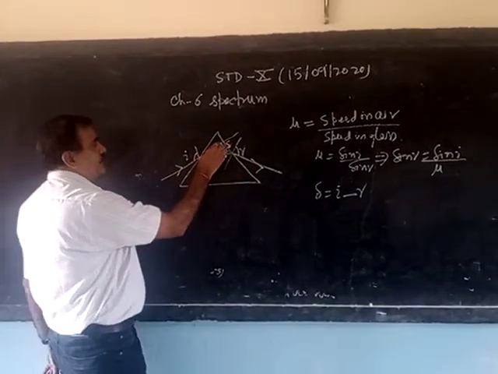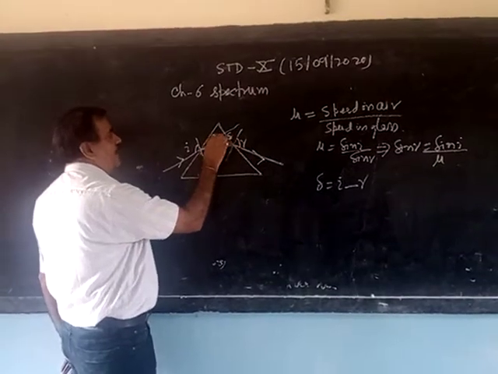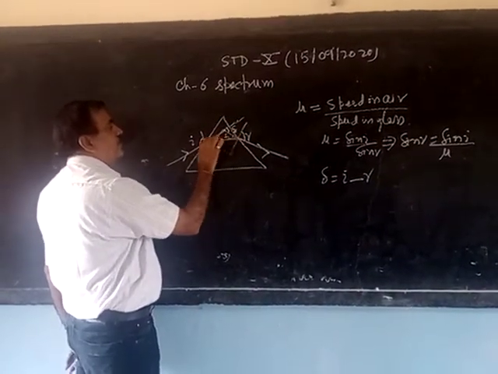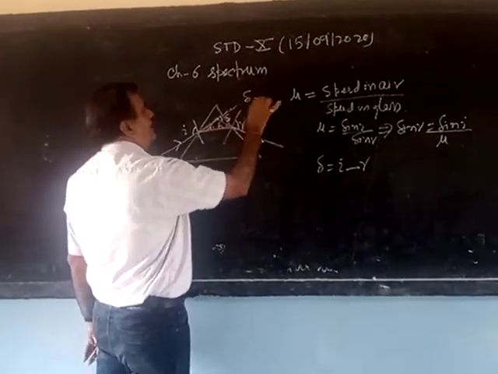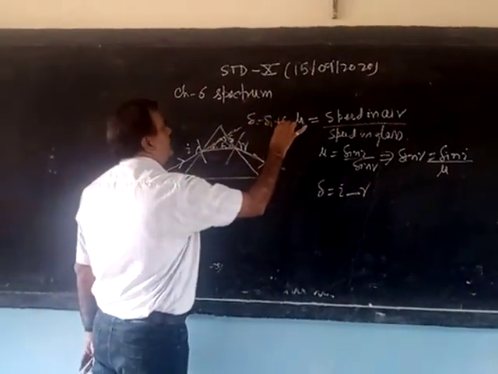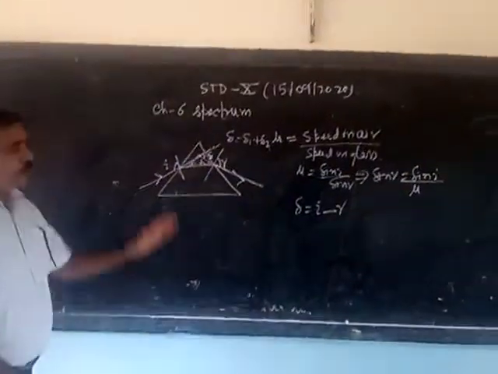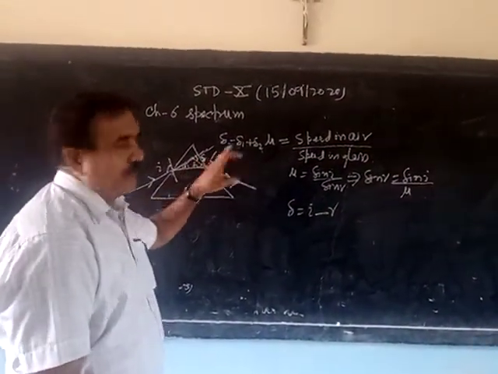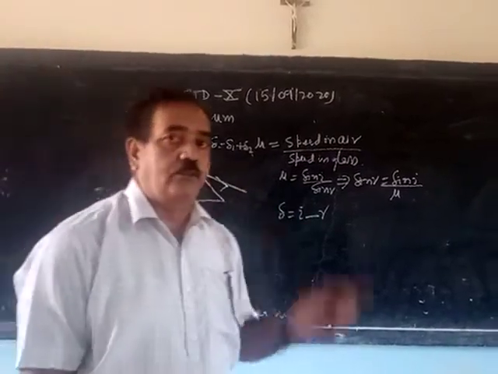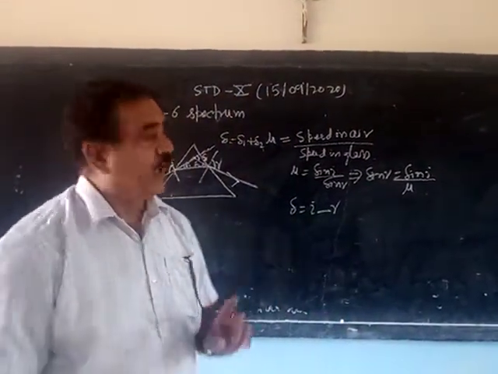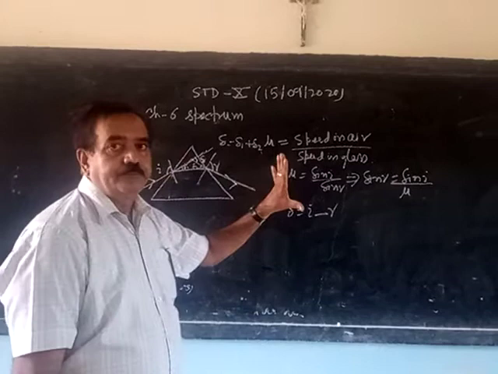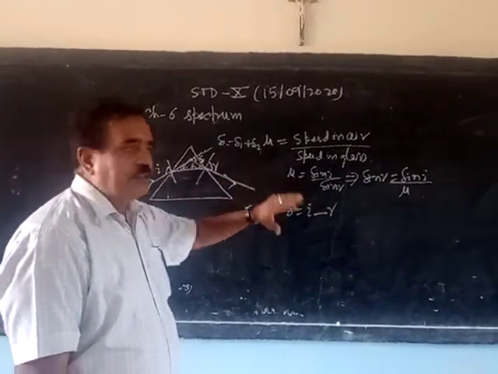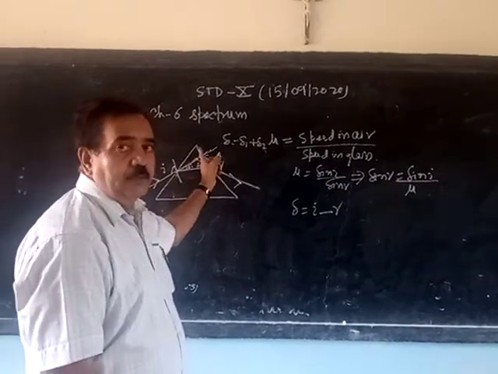Now when you see this figure, this is a triangle, this is the exterior angle. The exterior angle is equal to the sum of the opposite interior angles, meaning delta will be equal to delta 1 plus delta 2. Now, three factors it depends on. The deviation depends upon the three factors that you studied in the last chapter. First, the angle of the prism, may be equilateral, isosceles, right angle. So it depends upon the angle of the prism.